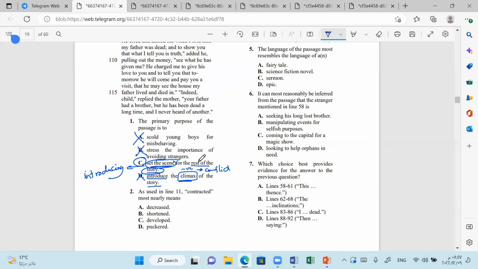We answered general questions, the main purpose or main idea questions of the whole passage, within a few seconds. We didn't even read the whole passage. We didn't need to. I know that I will go for the most general answer. I use the process of elimination to eliminate the specific answers, and I go for the choice that covers most of the main elements found in the blurb. Is it clear? This was one of the skills.